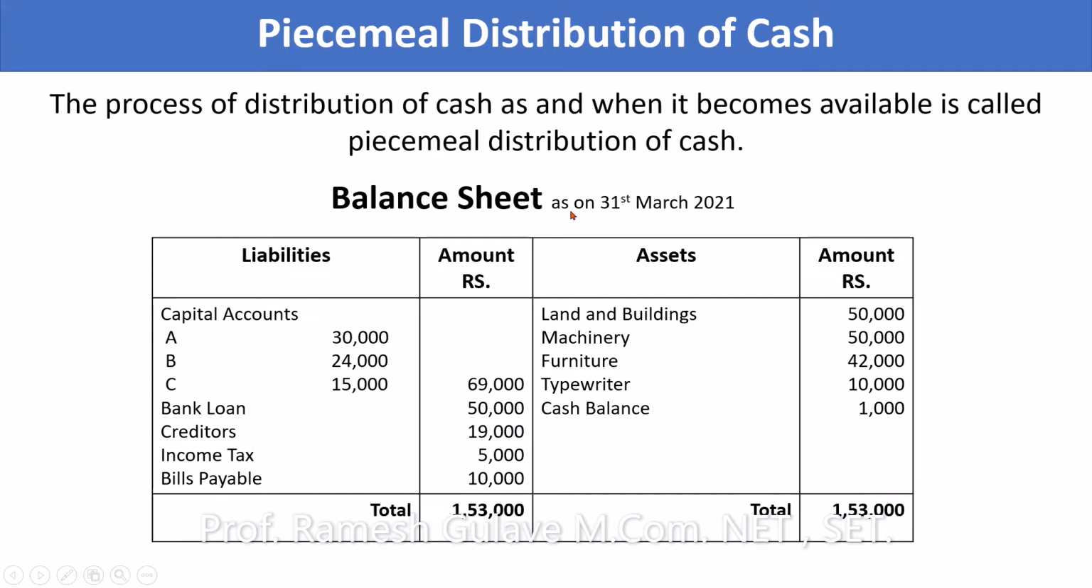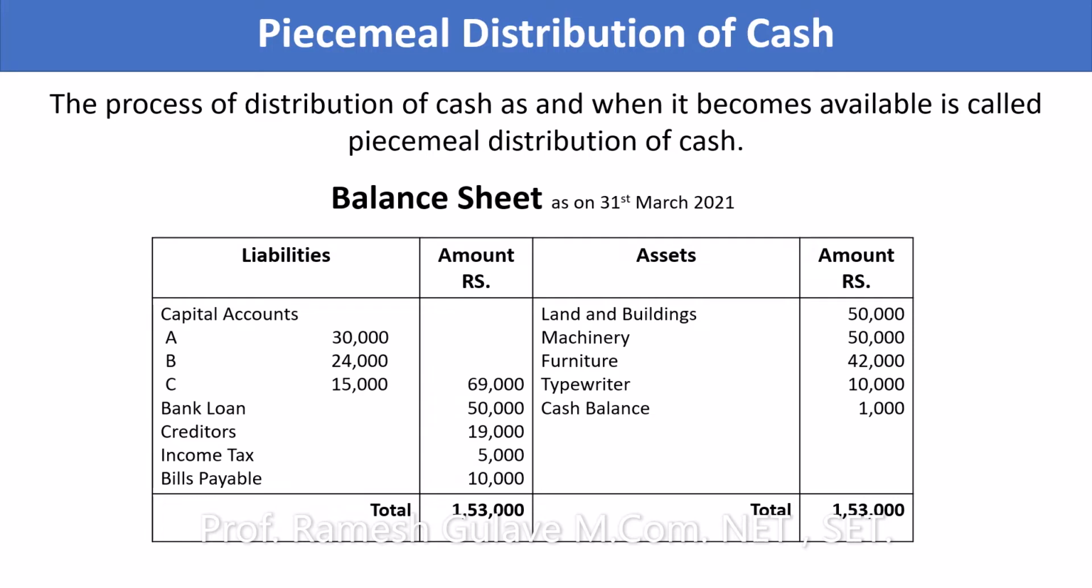Here we can see the balance sheet of ABC as on 31st March 2021. Suppose on this date the firm decides to dissolve its business. It means on 31st March 2021 the partners ABC decided to dissolve their partnership firm. So here